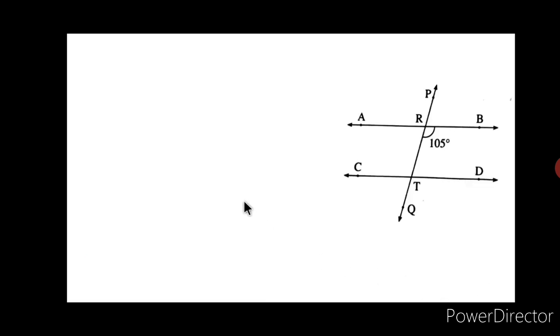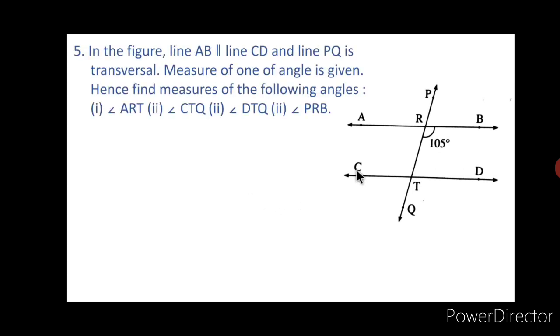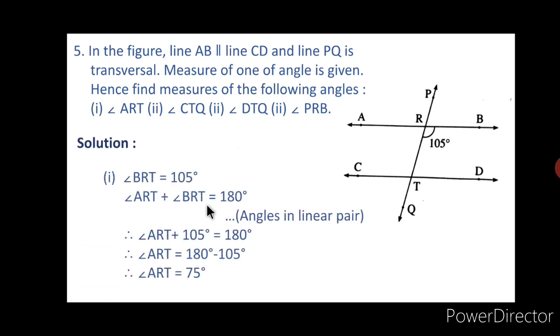Then the last example from practice set 2.1 is, in the figure, line AB is parallel to line CD and line PQ is transversal. Measure of one angle is given here, and hence we have to find the following angles: angle ART, angle CTQ, angle DTQ and angle PRB. Then solution is, angle BRT